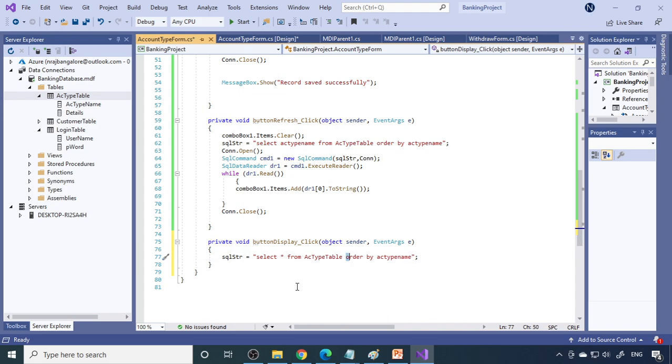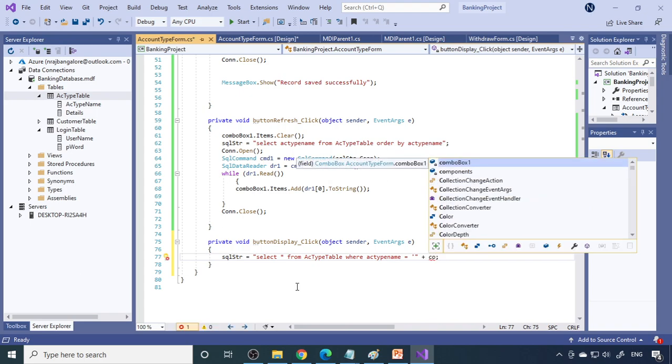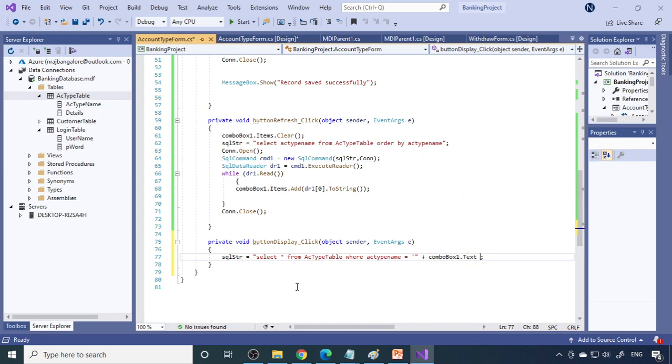So where account type name is equal to single quote, double quote plus combo box dot text, whatever the text is there in the combo box. So now we need to filter the data. We don't want all the data. Whichever account name is matching, only that data should be selected. So for that we write this.